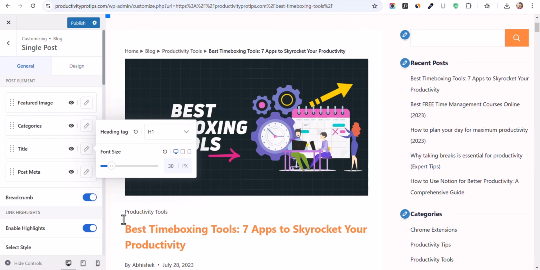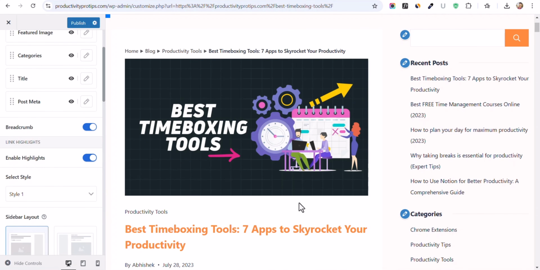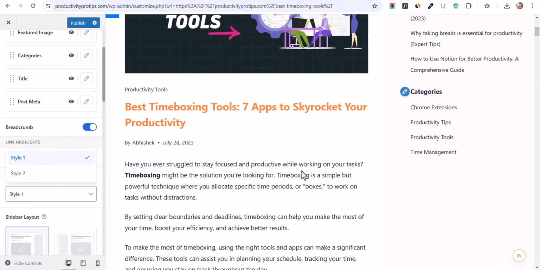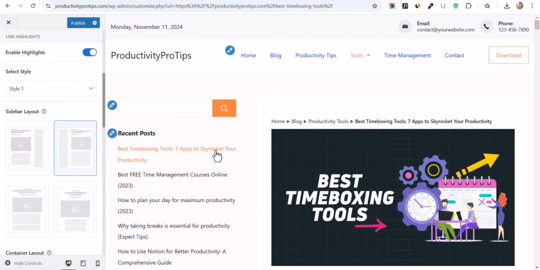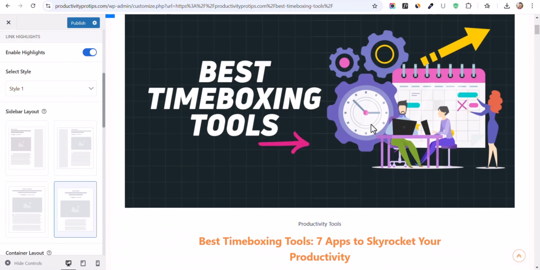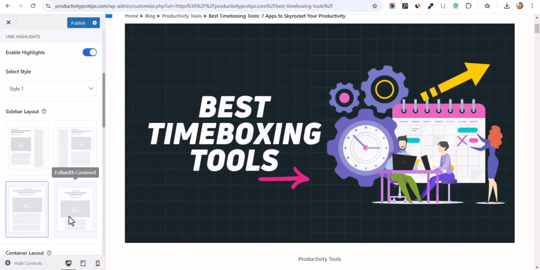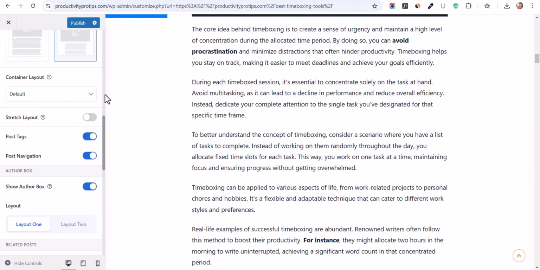Now you can enable or disable breadcrumbs on your post page, and you can enable highlights or not, and you can select the style. So you can set style 1 or style 2. So I prefer to set it as style 1. Now you can change the sidebar layout, whether you want a left sidebar or a right sidebar. So you can enable left sidebar here, and you can add a full width center view like this, or you can set a full width like this. So I will set full width center option,